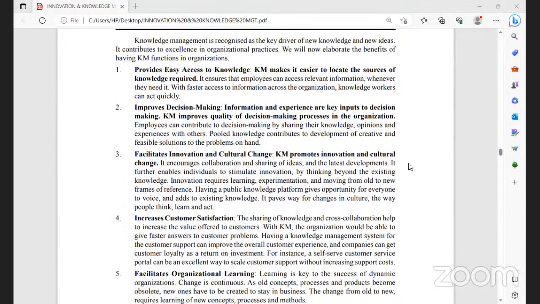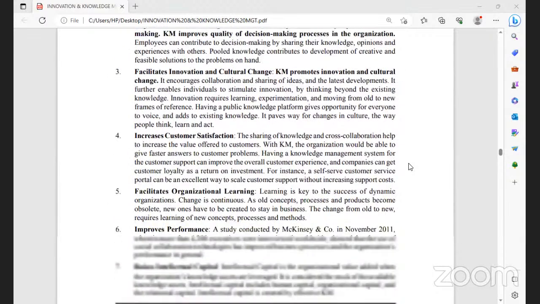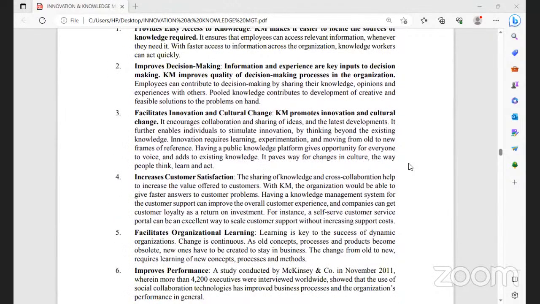Always remember, in our total business management subjects, what is the basic goal, objective we are studying these subjects for? It is to make correct decisions to solve real world problems in the business environment and business domain. Correct person with correct decision making at the right environment gives fruitful results relating to solving of that particular real world problem. Next point is facilitates innovation and cultural change.